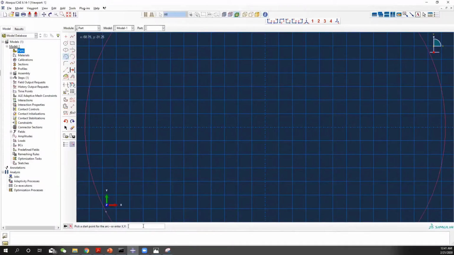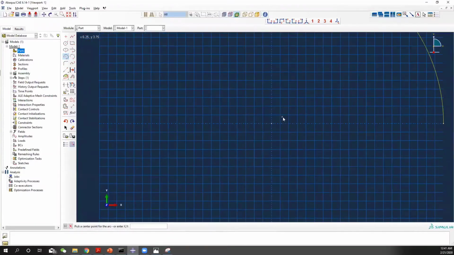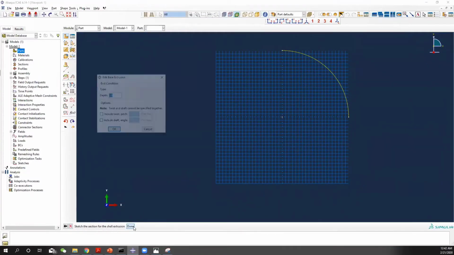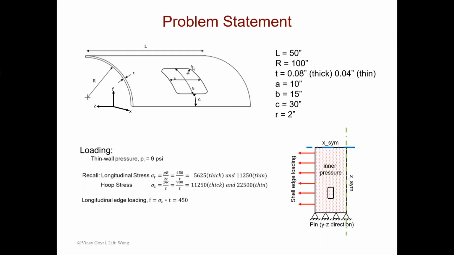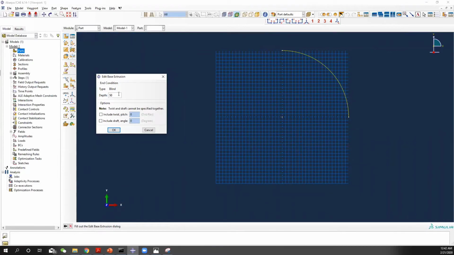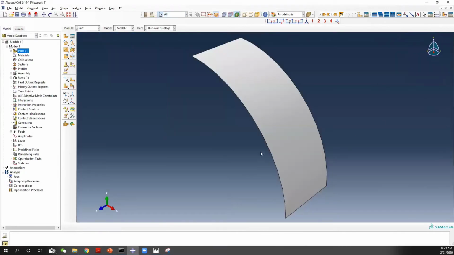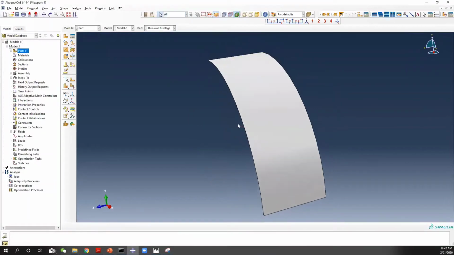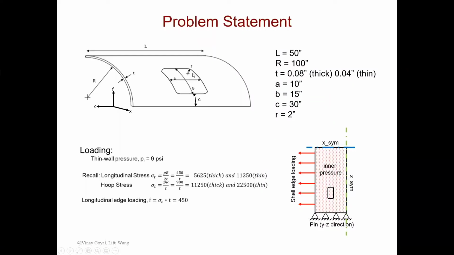0, 0, 0, 100, 100, 0. So now you have your sketch. And then when you extrude, our length is 50 inches. Now you should have your part of your shell. The next step is to create a hole on your